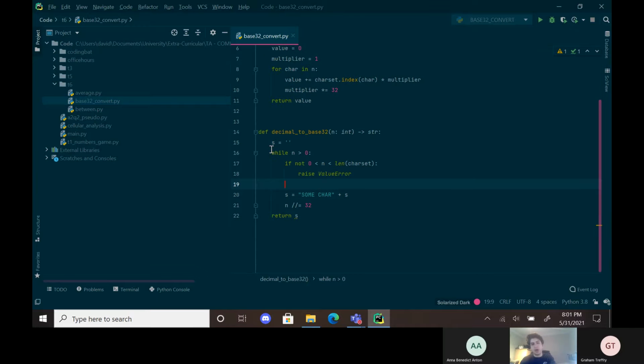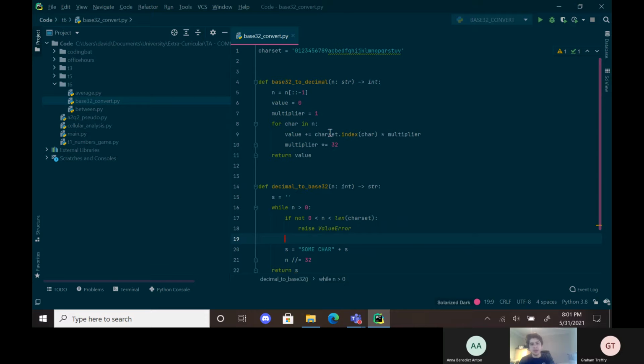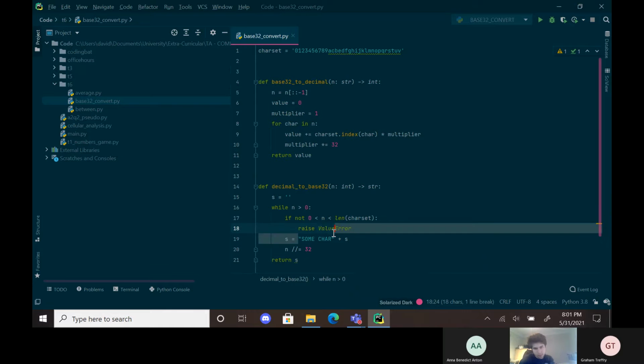Given this, what we can do now is basically do exactly the same thing we did here. Except the only difference is instead of dot index, we can use the square brackets and go into here. And then we also don't need the multiplier because that's being done by the position in the string. So let's say that s is now equal to our set, and